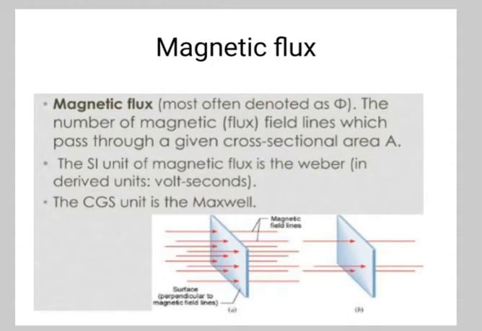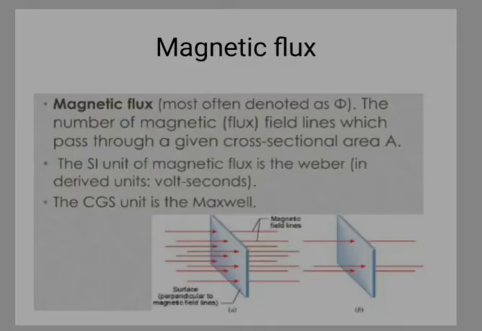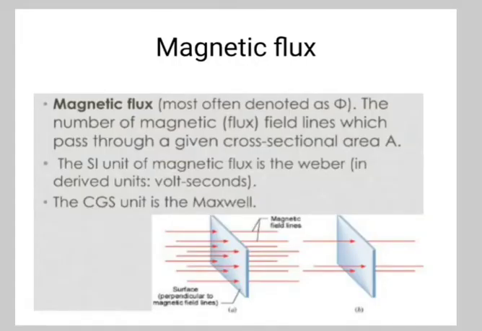So if we choose a simple flat surface with area A as our test area, and there is an angle theta between the normal to the surface and the magnetic field vector, then the magnetic flux phi is equal to BA cos theta. So in the case the surface is perpendicular to the field, then the angle is 0 and the magnetic flux is simply BA.